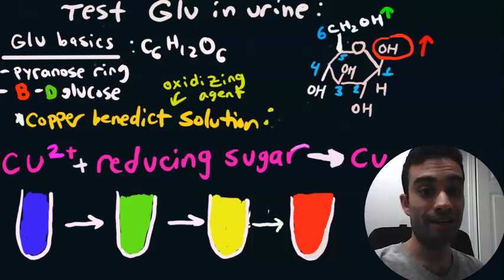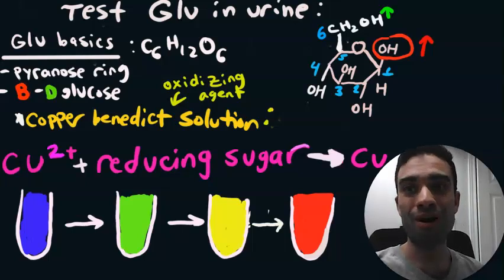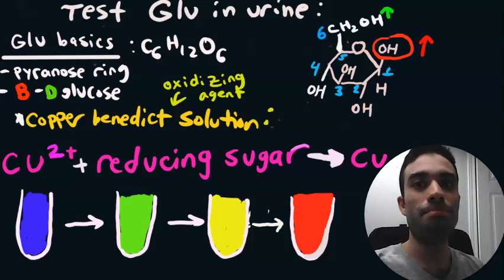So normally our kidneys actually reabsorb all the glucose back to the blood. But if we have so much glucose in the blood, the kidneys can't keep up and some will end up in the urine. So before we discuss how we measure glucose in the urine, let's first review the basic structure